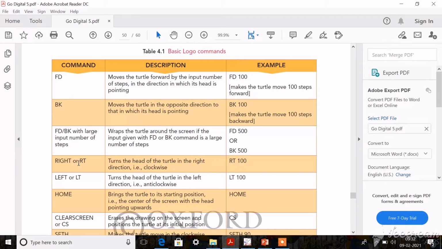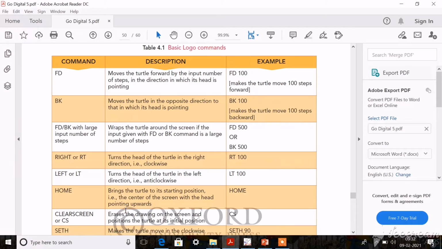Then if you give the right or RT command, it means the turtle will move in a clockwise direction. Right side, right direction, so it means clockwise. With the LT or left command, the turtle will move in an anti-clockwise direction, opposite to clockwise. When you give the home command, the turtle will go to the starting point.